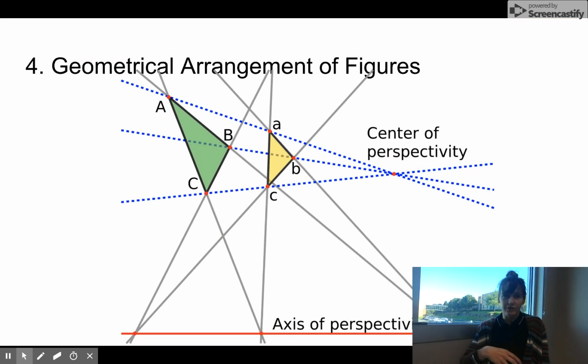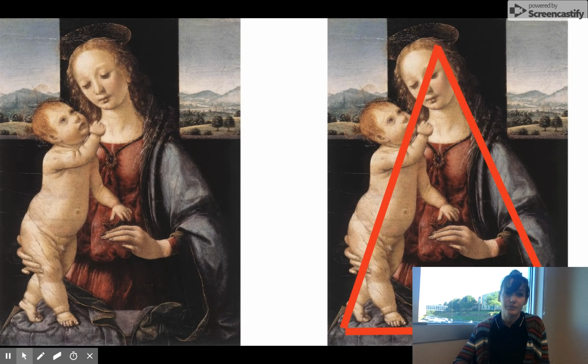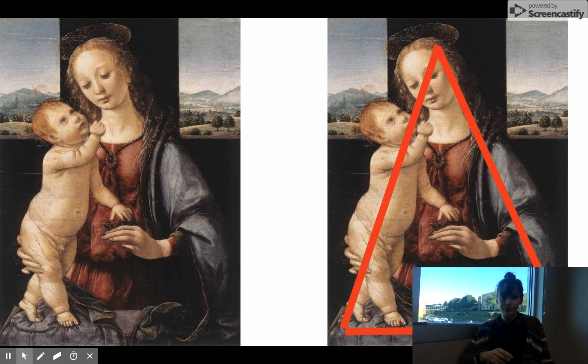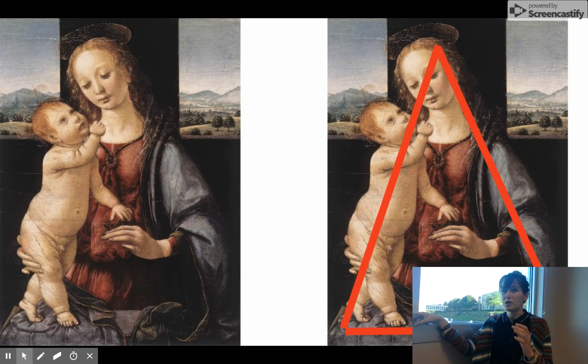This should say number 5. Number 5 is the geometrical arrangement of figures. So once again, you can't avoid math, all right? Because math is in social studies. Sorry, it's in art. So look here. This is looking at the figure as architecture. We're going to study Da Vinci and how he went into places